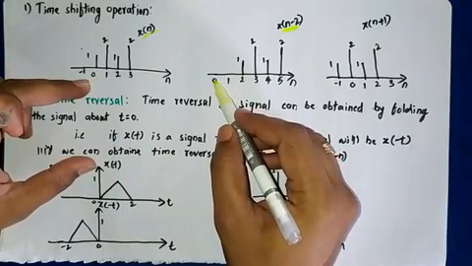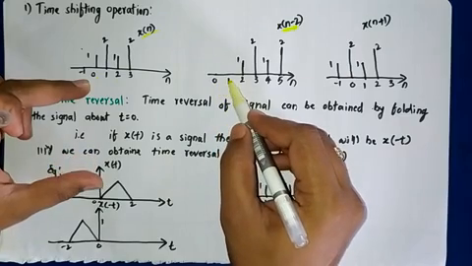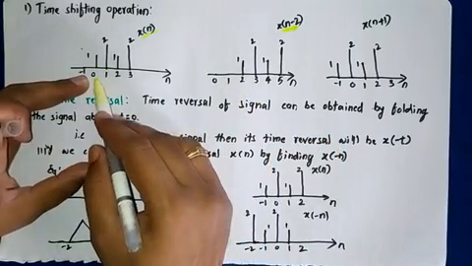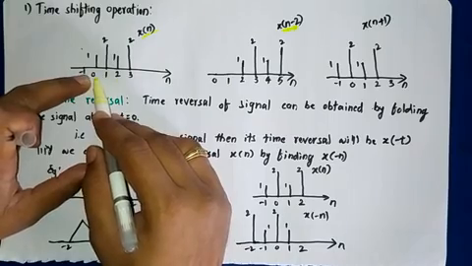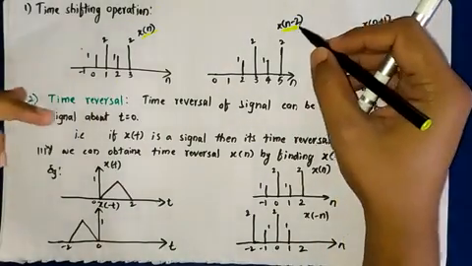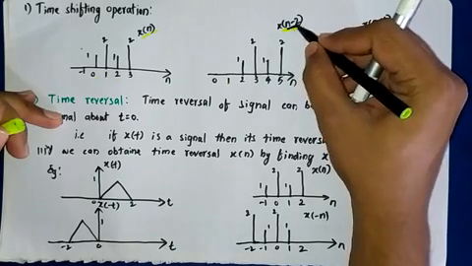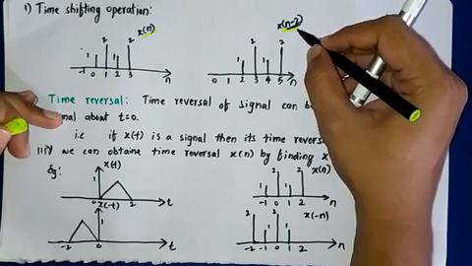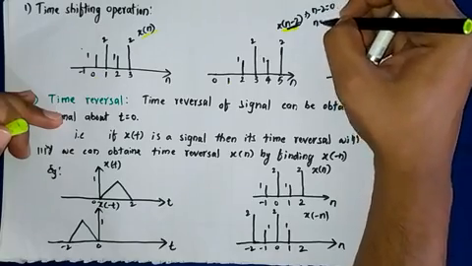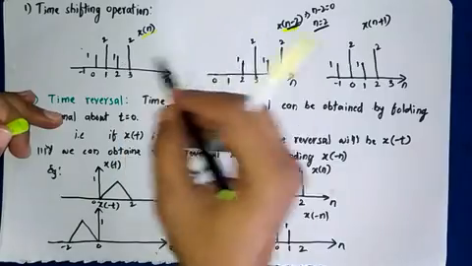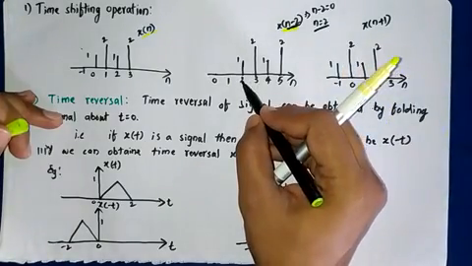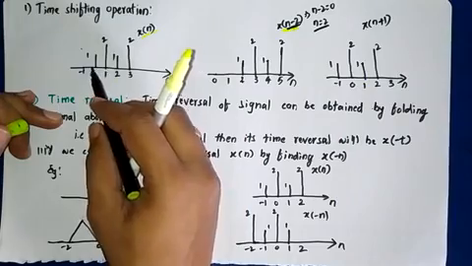You can see in this diagram, at 0 I have nothing because it is shifted, at 1 also I cannot get anything, and at 2 I will get whatever value is there at 0. How do you get this? Like I told you, whatever shifting operation you do, you make sure that you calculate this value here: n minus 2 equal to 0, you have to do that, right? So here n minus 2 is equal to 0, n equal to 2. What it says is your original signal will be reconstructed starting from n equal to 2. So at n equal to 2, I have to start x of n again.